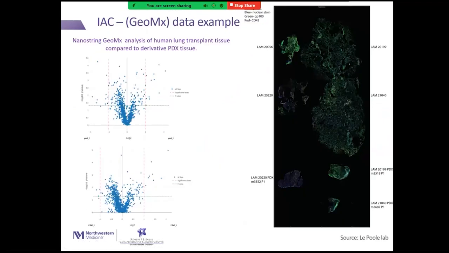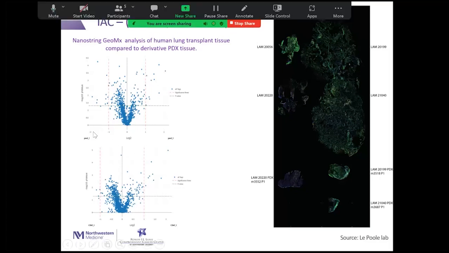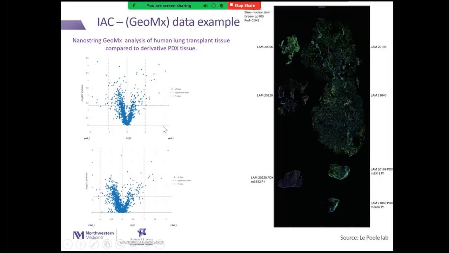To give you examples, this was data submitted from the Lipool lab. Here, they just wanted to validate the gene expression between two kinds of tissues. First was human lung transplant tissues, and it was compared with the PDX, that is patient-derived xenograft, that was grafted in a mouse. As you can see here, this data is plotted between PMEL1 and PMEL2, meaning the